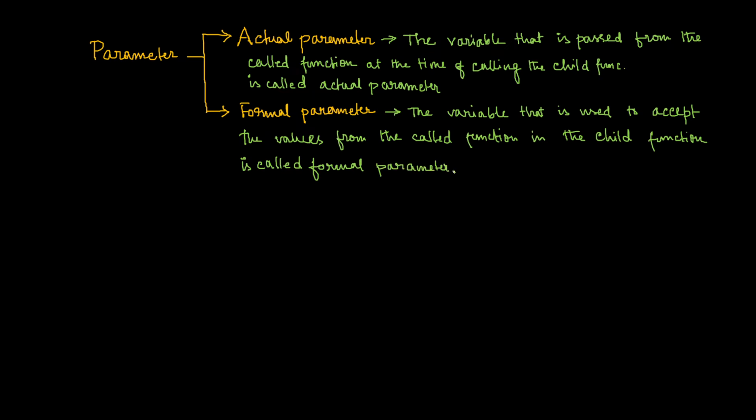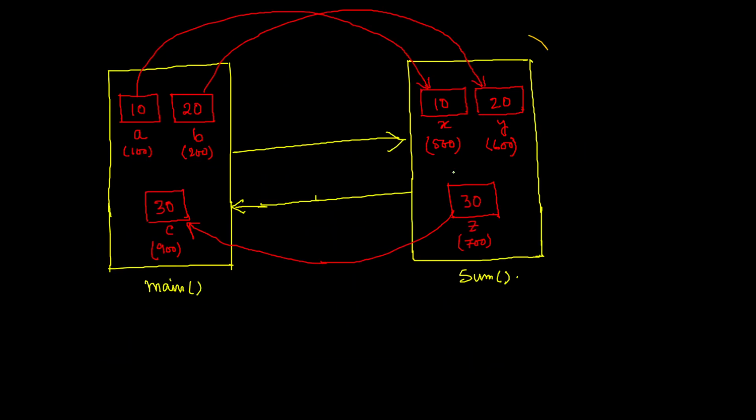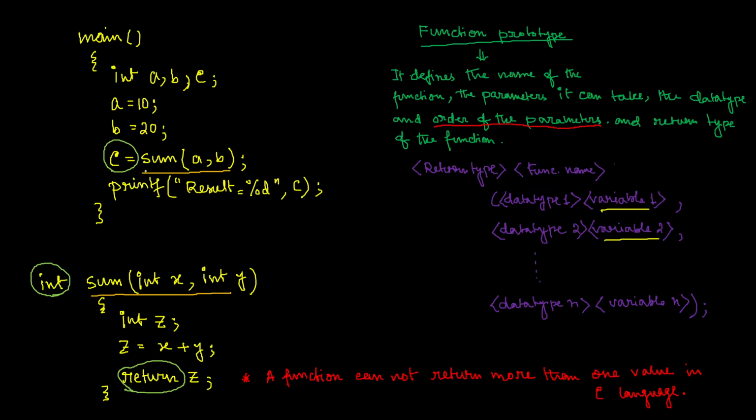So if we go back to the previous diagram, you see that when I call this sum function, I pass this a and b. And at the time of defining this sum function, we have written int x and int y. So with respect to the diagram, we can understand that the value of a will be copied to x and the value of b will be copied into y. That means the value of a and x will be the same, and the value of b and y will be the same. But technically, these two we call actual argument,